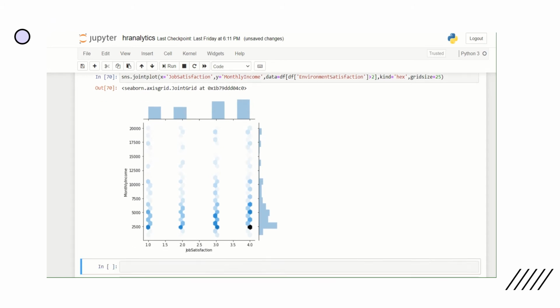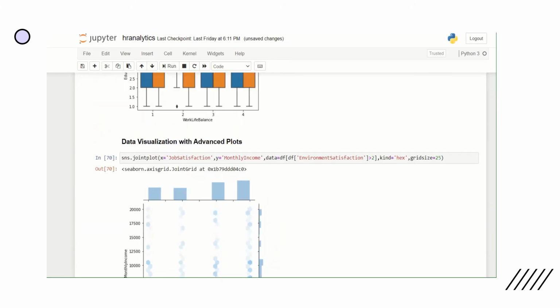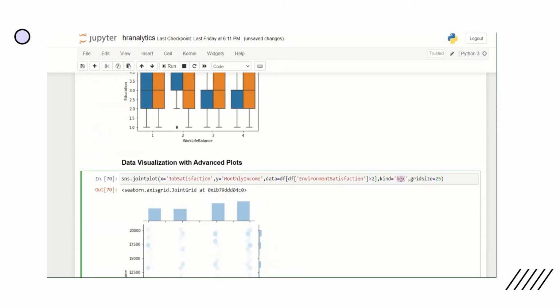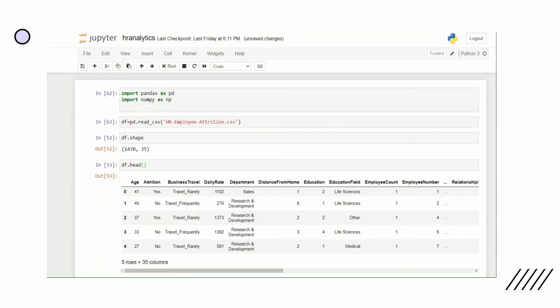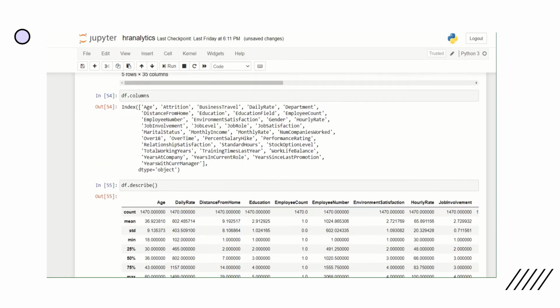We can give other plots also, for example KDE also I can give. So let's take other two parameters. Now job satisfaction, monthly income. Here I can give some other variable. Let's take relationship satisfaction.